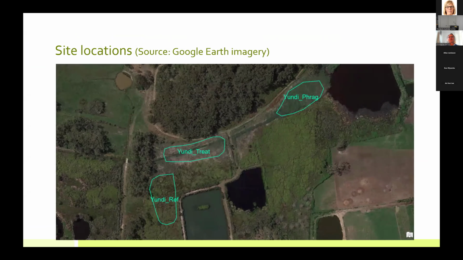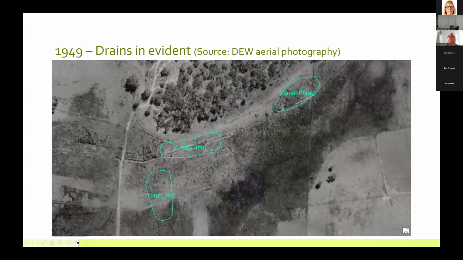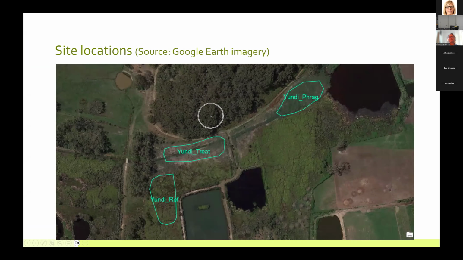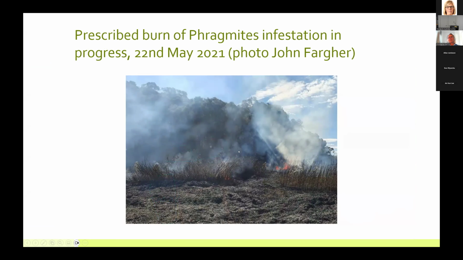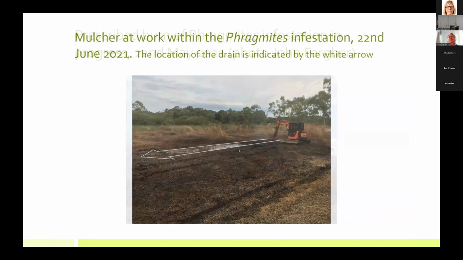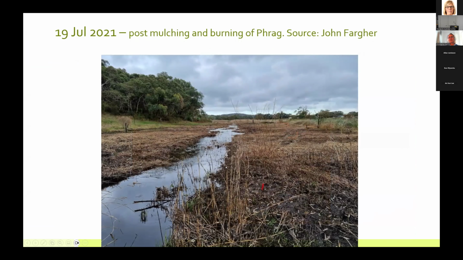This was the area more recently where they've actually undertaken some treatment. This is a reference peat condition site and another fragmented site, and as you can see, lots of change in land use between 49 and 2020. Moving along, as we mentioned, they undertook a rehabilitation program, which involved a burn, some mulching, then some re-wetting,